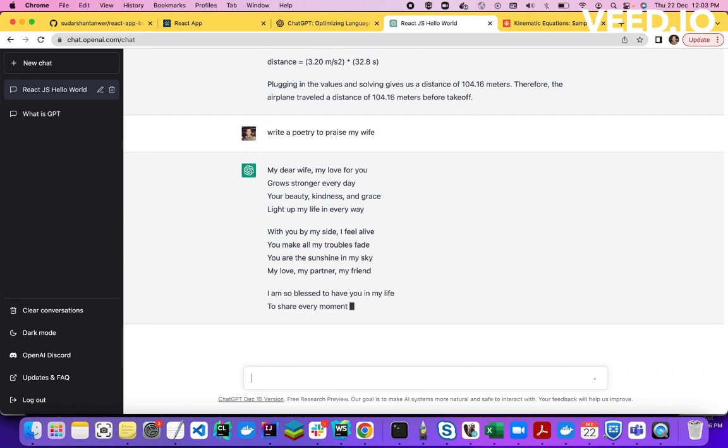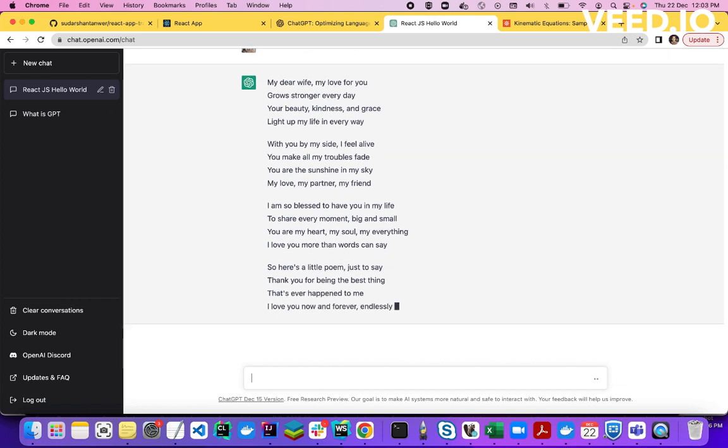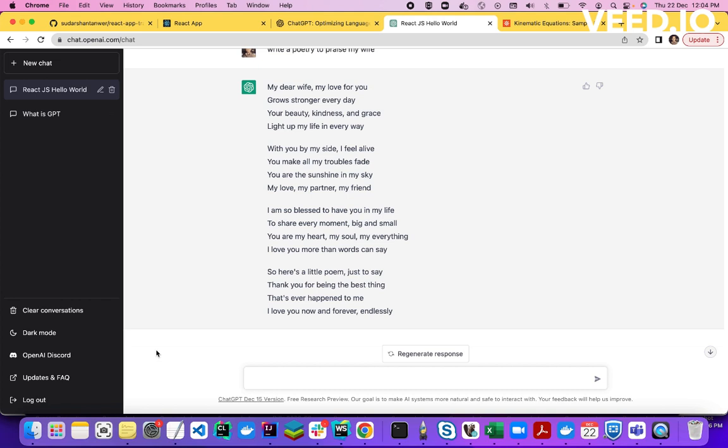These lines are not pre-written anywhere. It is just creating these lines, and it can do lots of things and help you a lot in your day-to-day work. If you are a student, you can use it for your school work, and if you are working somewhere, you can use it in your office for writing mails, writing code, and everything. You can do it by using this tool.